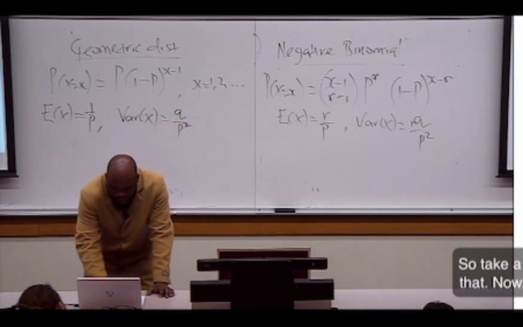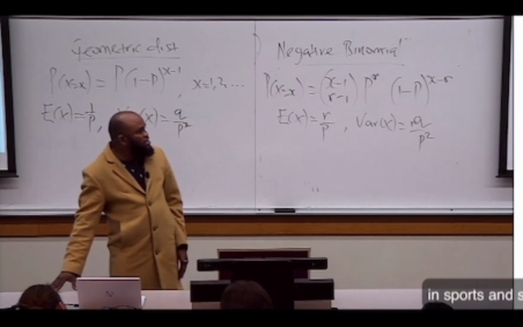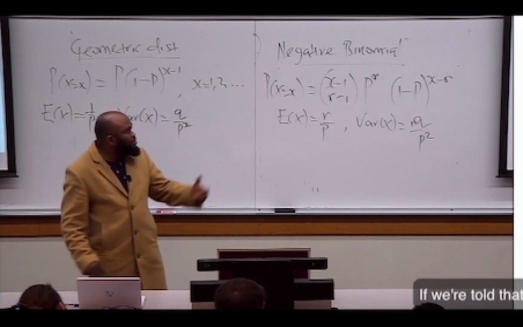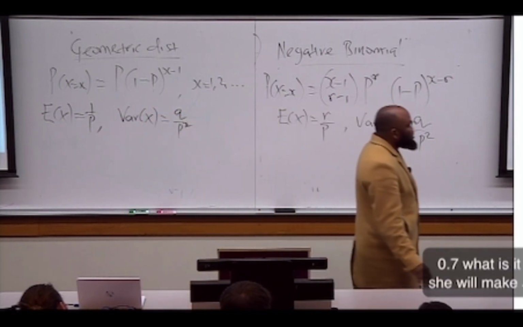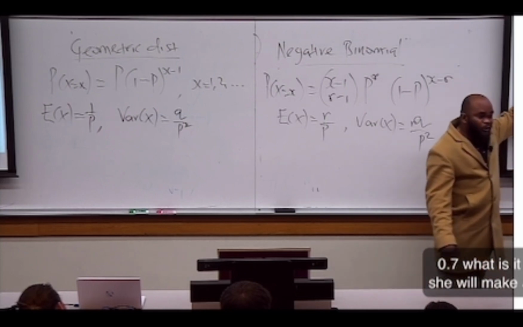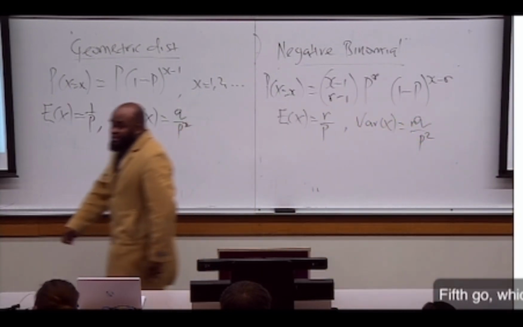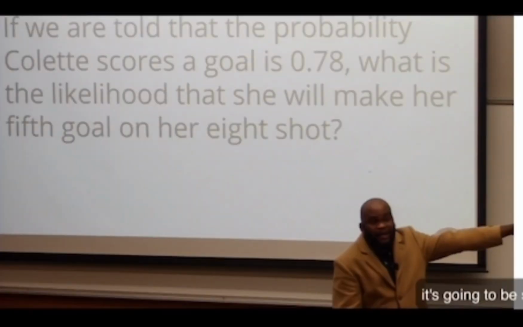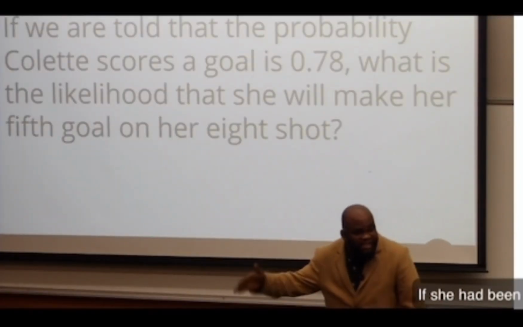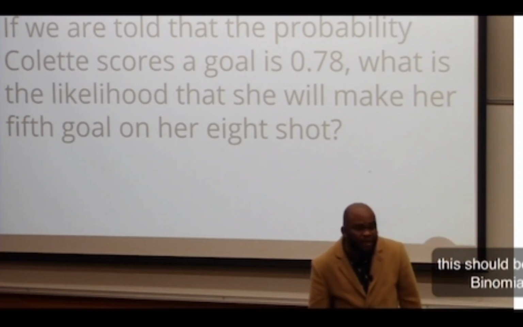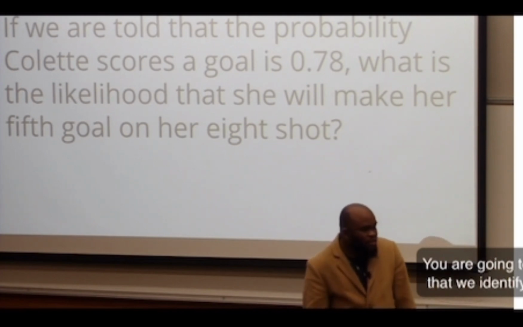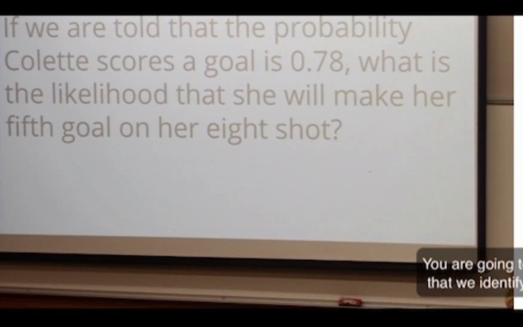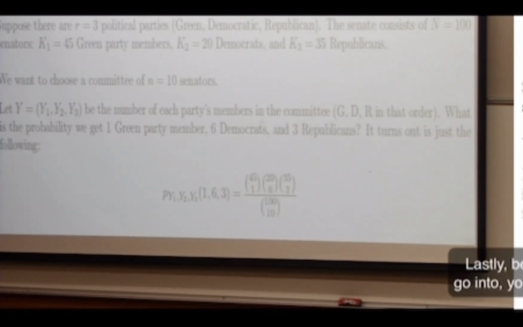Now, this is another negative binomial question in sports. I know some of you. So if we are told that the probability of Collie scoring a goal is 0.78, what is the likelihood she will make a 5th goal? Oh, 5th goal, which means this is not the first time she's going to be scoring a goal. Yes, if she has been scoring goals, this should be negative binomial. Score the 5th goal on her 8th shot. Does that make sense? You are going to be the one that will identify what kind of probability function you're actually going to use. Lastly, before I go into,